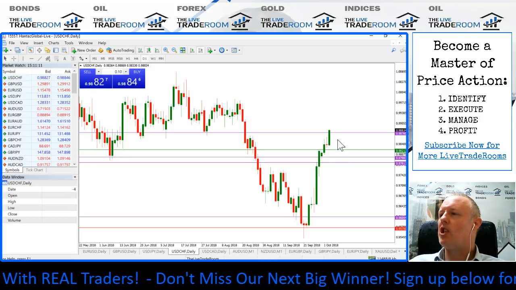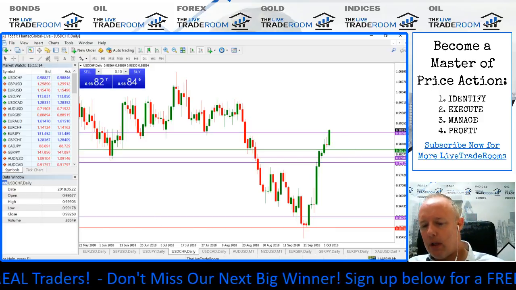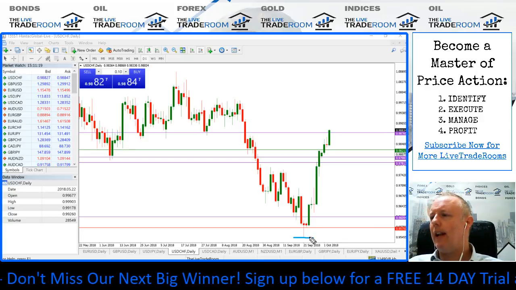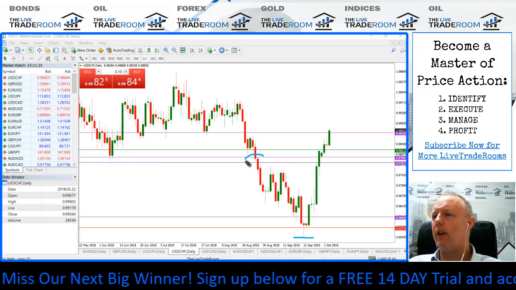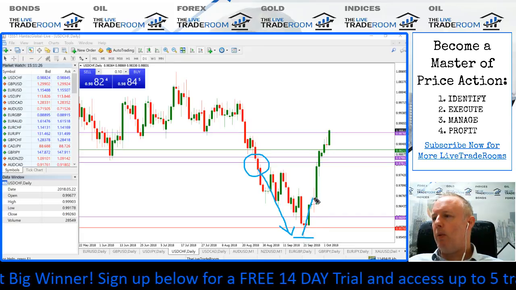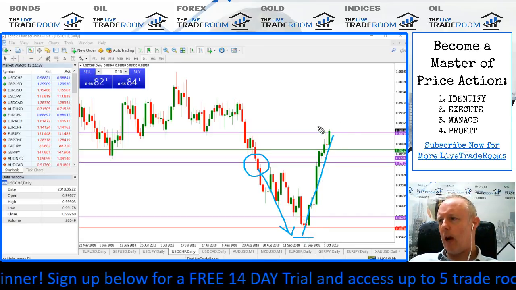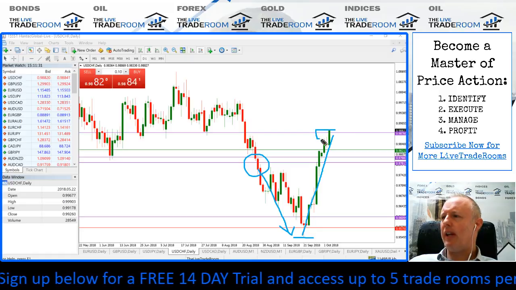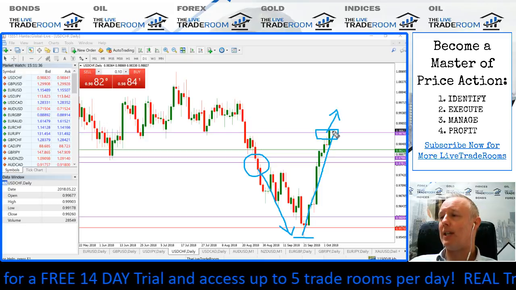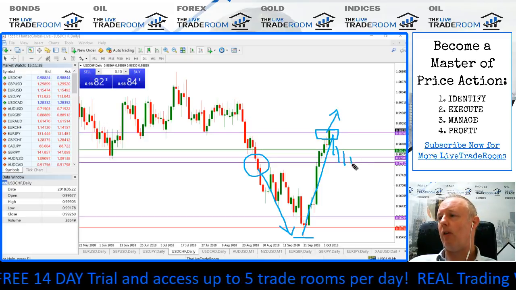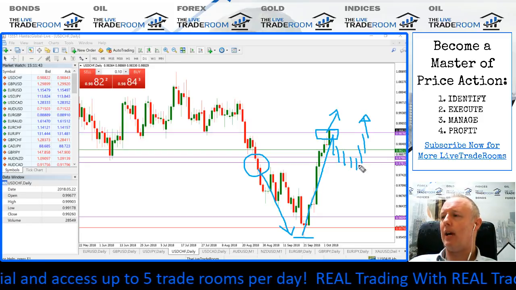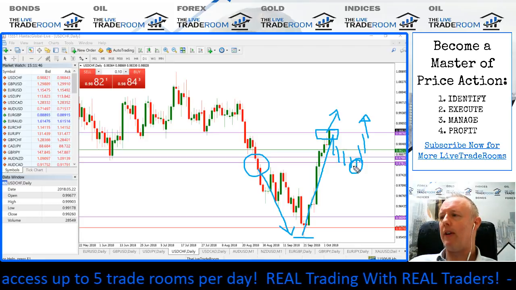Now we have seen the dollar strengthen against the Swiss. Now the problem we have with that is this is effectively a pullback off the lows. So we've had the constructive move to the downside, and we're just in this pullback phase. So what we don't really want to be doing is buying, going into these areas expecting the price to push up. What's likely to happen is at some point we're likely to get a little bit of a correction, and then we might see some movement to the upside. So we can gauge that around these levels, wherever this market pulls back to.